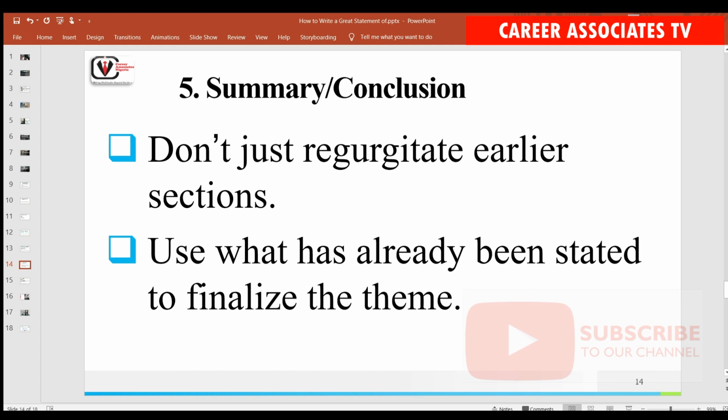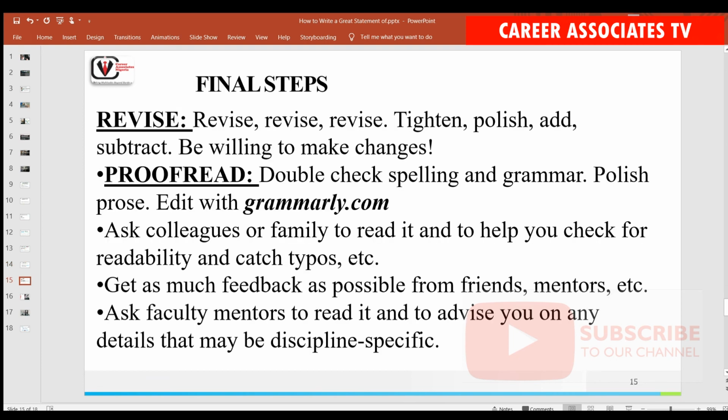You must be able to finalize the theme, state it, finalize the reason why you are fit for the program. Is very, very important. All right, so we are close. Final steps: revise, read, review, revise. Give your SOP to people you trust, or scholars in that line, scholars that have gone ahead of you to coach you or to proofread for you, to read for you, to let them polish it,